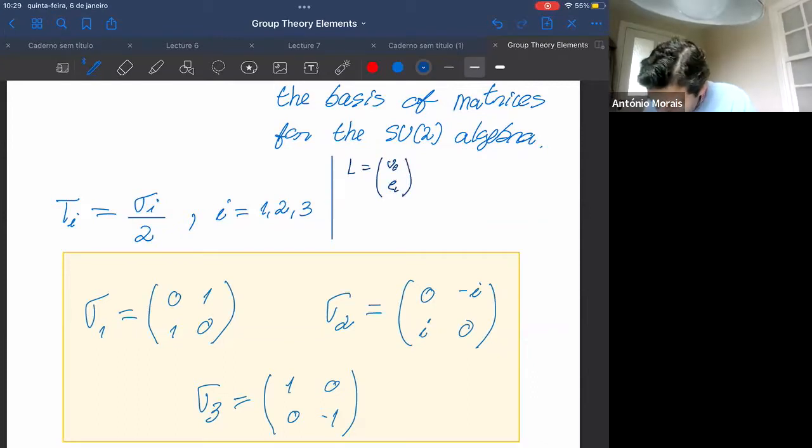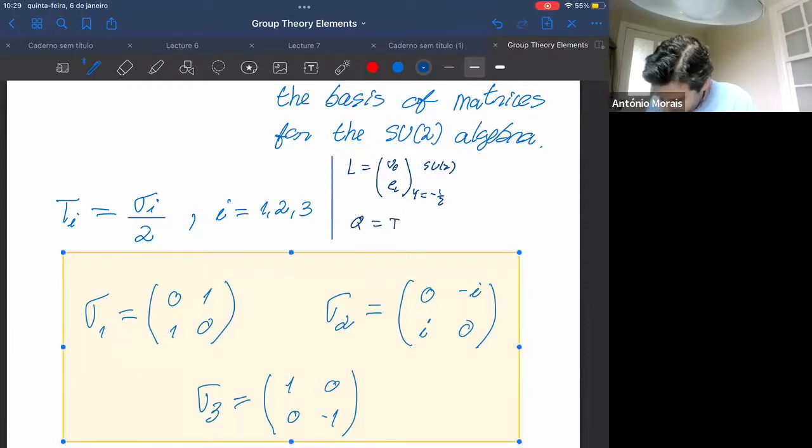And this is an SU2 doublet. Also, there is another quantum number, the hypercharge, which is equal to 1 or 1/2, it depends, or minus 1/2. Let's put minus 1/2,